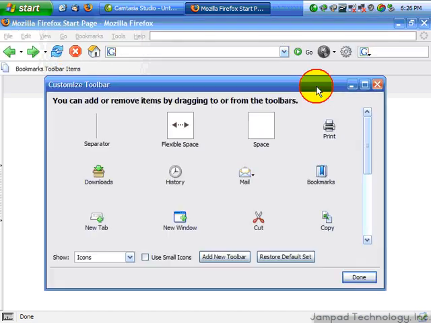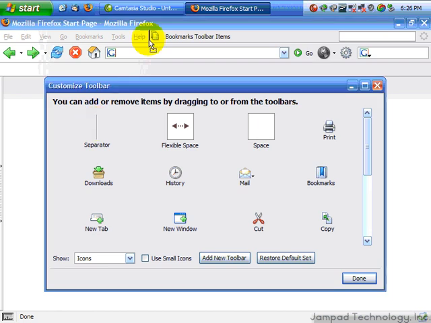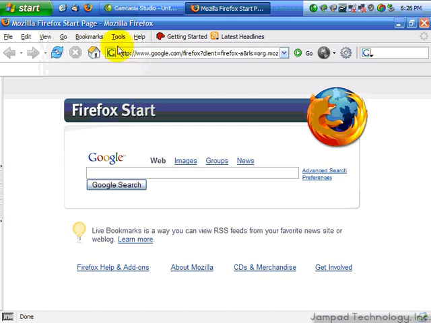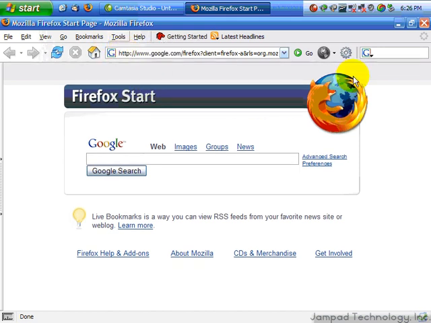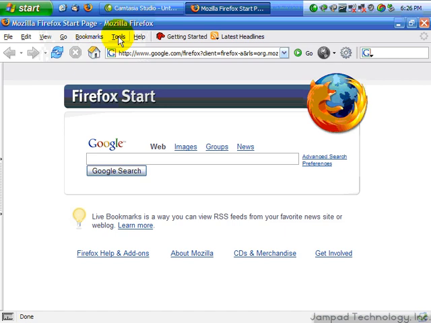I also like to move my bookmarks up here to consolidate space. I put a separator right here. And we don't need that anymore. Now I have a nice clean area. Okay. Now,